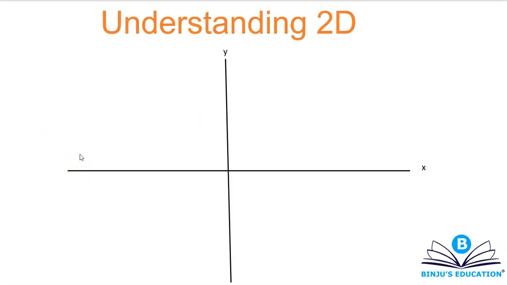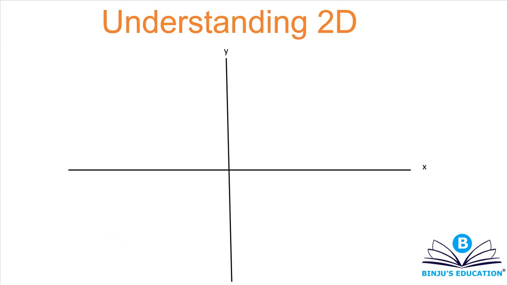Now, whenever you talk about two-dimensional geometry, there are basically two axes that we talk about. One is the x-axis, one is the y-axis. So x-axis is your horizontal line, y-axis is your vertical line. The two lines meet at an angle of 90 degrees and their point of intersection is represented by coordinate 0, 0. So you can either call this as origin or you can call this as reference point. It's your call, whichever way you want to call this.